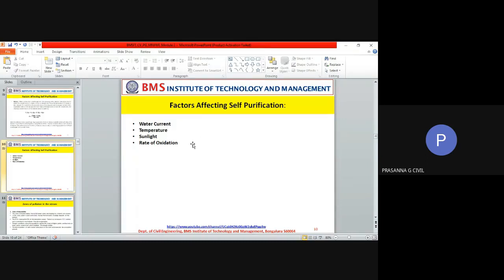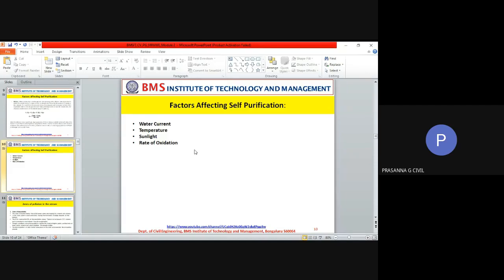And then the last one is rate of oxidation. Oxidation is the oxidation-reduction process that is going to happen. The organic matter present in the wastewater is oxidized by aerobic bacteria. As long as oxygen is there, aerobic organisms will act. When the oxygen level becomes very low, the anaerobic organisms will take over. That's when you will get methane in marshy land. You would have heard that where marshy lands exist, methane comes out from the ground naturally. Understood? In paddy fields, you get methane. That's because of this anaerobic process that is happening.